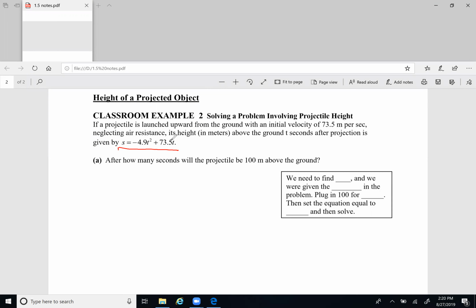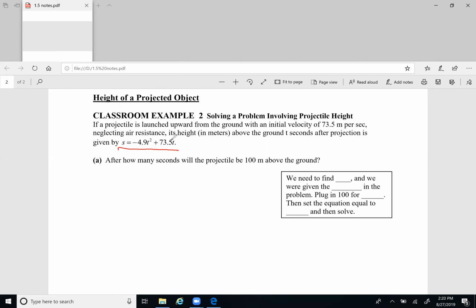So that's how I know it's quadratic. And if we review a few things we should know about quadratic equations, why is there a negative in front of the t squared? Well, think about what you should know about parabolas. If it's a positive value in front of the t squared, your parabola would open up. But if it's a negative value, that parabola opens down. And if I'm shooting something up in the air, then what's going to pull it back to the ground? Gravity. That's why it's got to be a negative, because it's going to have to be a parabola that opens